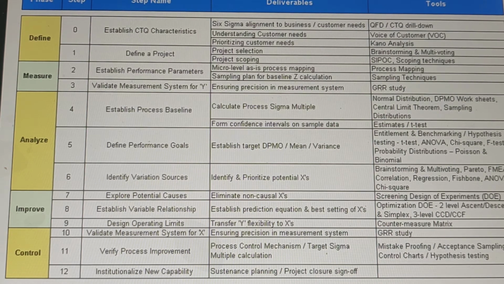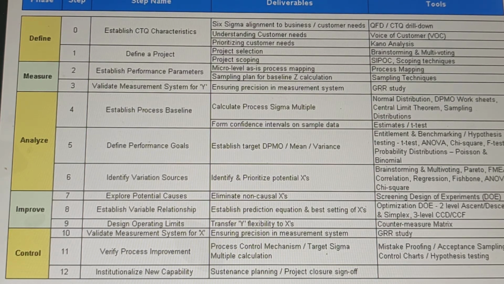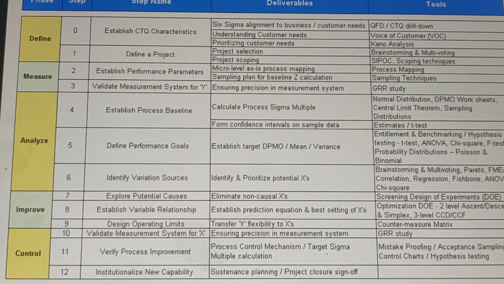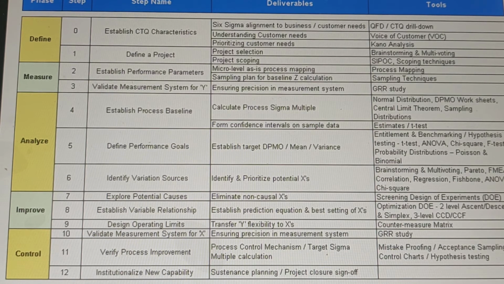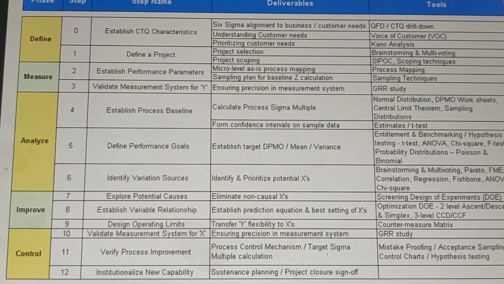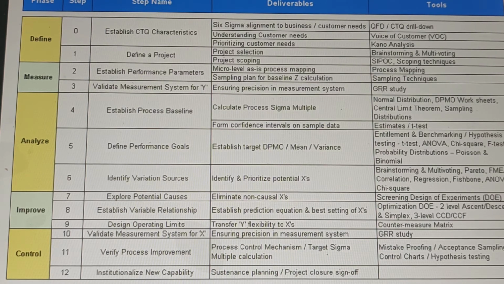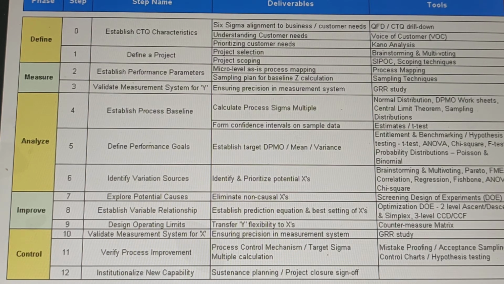Because everything we will be dealing with is samples. We will not be dealing with full-size data, only on a sample basis. So based on the sample, we need to establish our process. There are various tests, t-test, z-test, to define that my process is within my defined probability. What is my probability of error? What is my probability of acceptance? Like that.